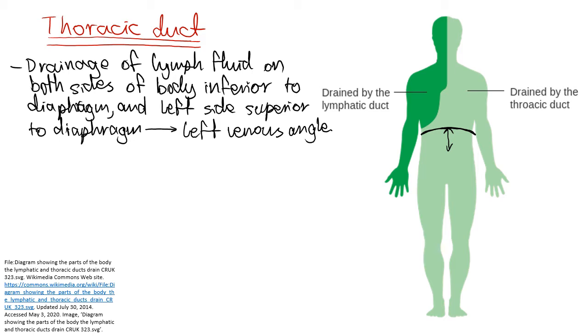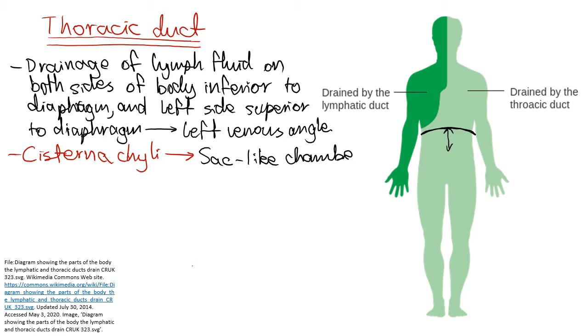Now let's take a deeper look into what the cisterna chyli is. How you spell it out is like this. I'll write it in red. Cisterna chyli. Now the cisterna chyli is, as I said, essentially a sac or an expanded sac-like chamber, and it collects lymph